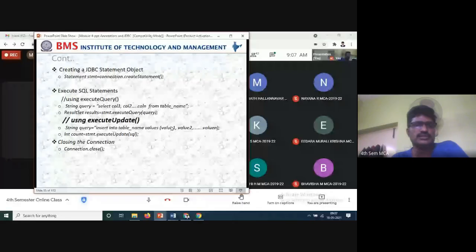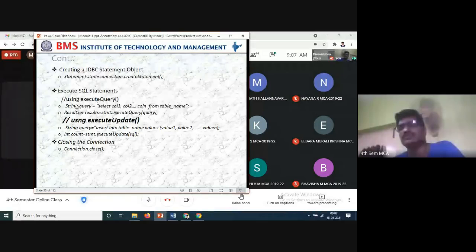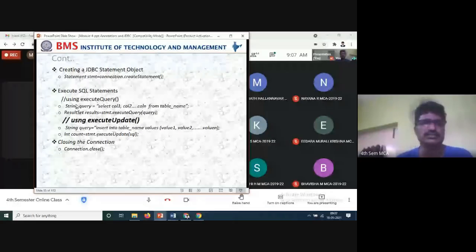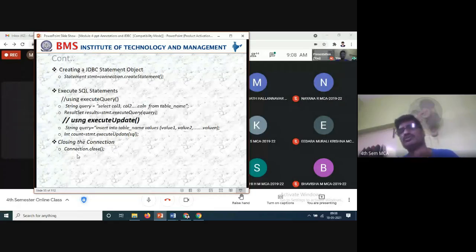So now that is the closing of the connection. Here, the database connection, then the statement, and execute. You know how to execute some queries. You know how to insert into the table, how to delete, all these things. Next is using the execute update commands. You also know that: statement dot execute update with whatever SQL commands you are using. That is how we write the program for update, insert, all those things. So finally we have to close the program.